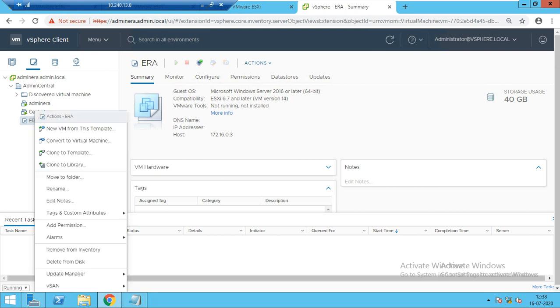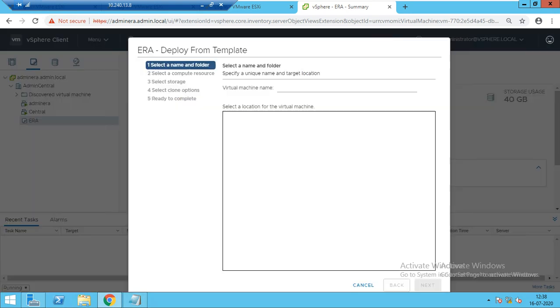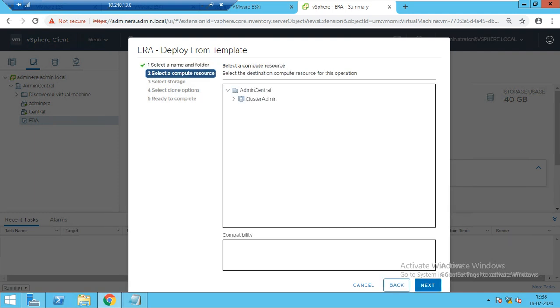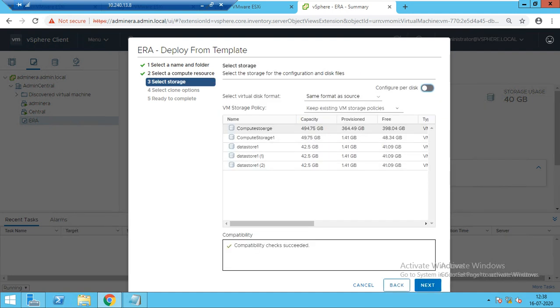If you want to create a new virtual machine from this template, you can just click new VM from this template. Give the name as ERA1. Do the next. Compute resource will be from this. Select storage. Storage will be the same.